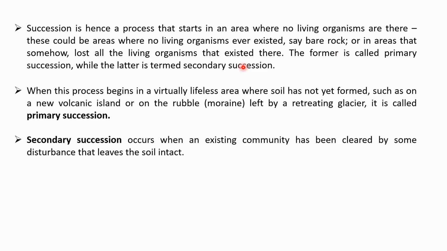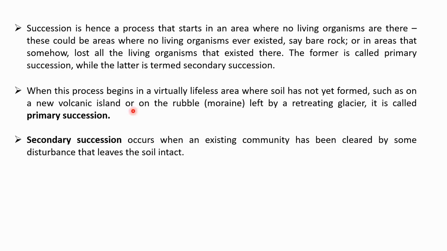based on that, succession can be divided broadly into two types. Firstly, the primary succession. The second one is the secondary succession. When the process of succession begins in a virtually lifeless area where soil has not yet formed, such as on a new volcanic island or on the rubble moraine left by a retreating glacier, it is called primary succession. So the primary succession begins at a place where no life ever existed, where the soil is not yet formed, and